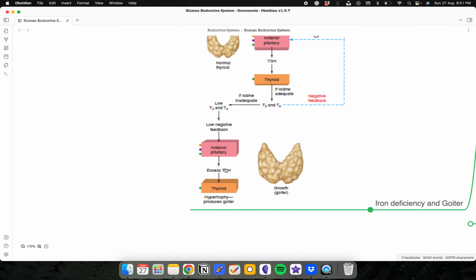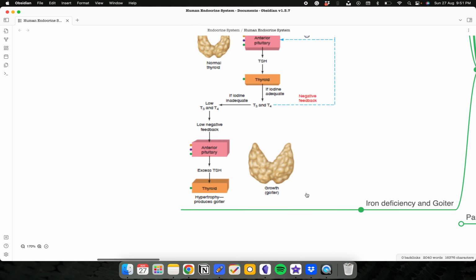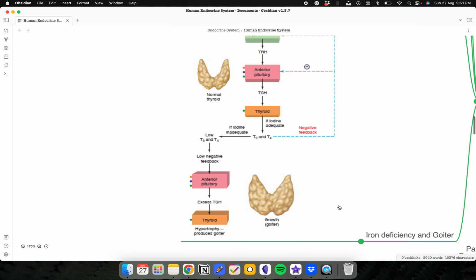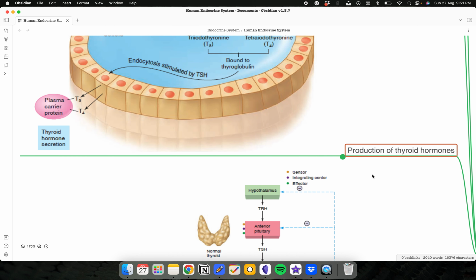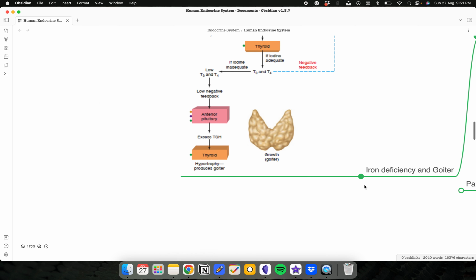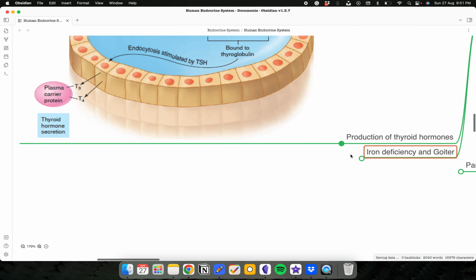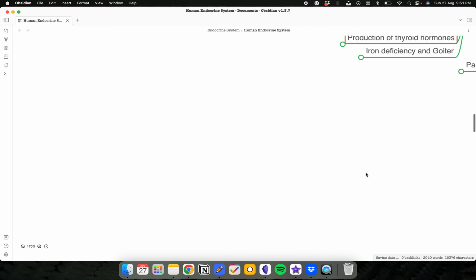This TSH will act on the thyroid, and it will lead to growth or an enlarged thyroid gland, which is also known as goiter or hypertrophy of the thyroid gland. So that is the goiter. That's why iodine deficiency is the major cause of goiter, and that's why we should take an adequate amount of iodine. Now we'll discuss